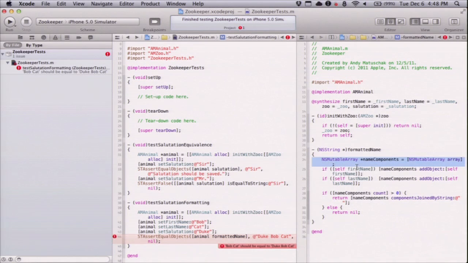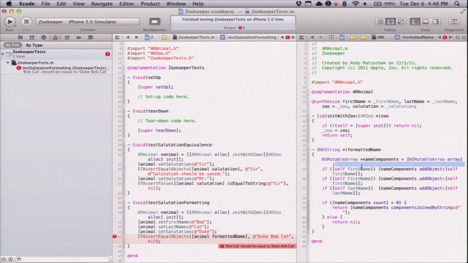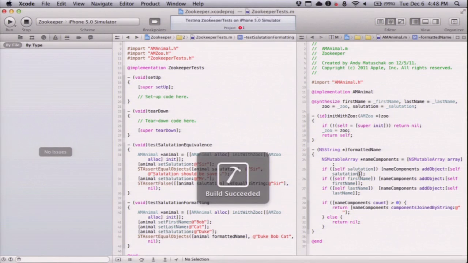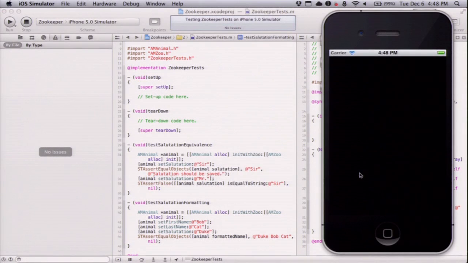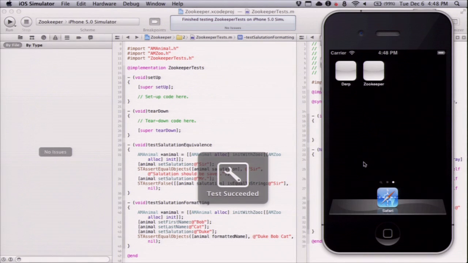So let's go over here. And if we have a salutation, then let's add it to our name components. Let's give that a shot. Test succeeded. Go us. We win. Now, we're not really done with this test yet, because if we hadn't been very careful,